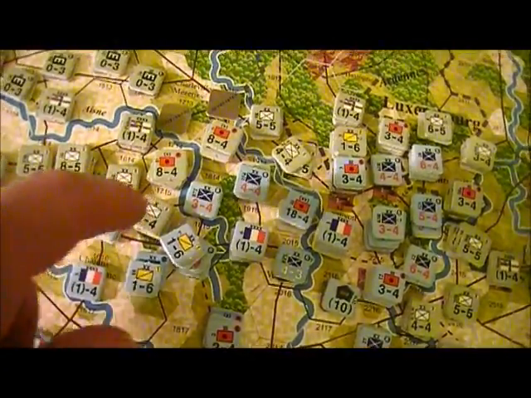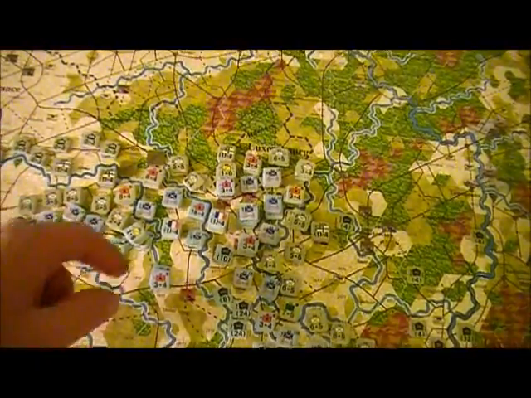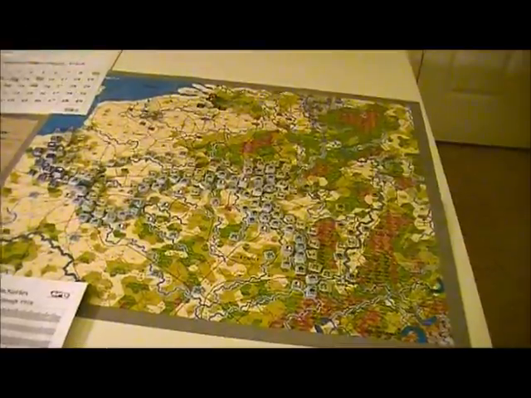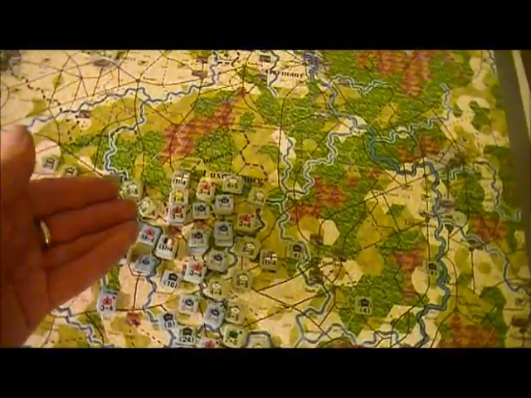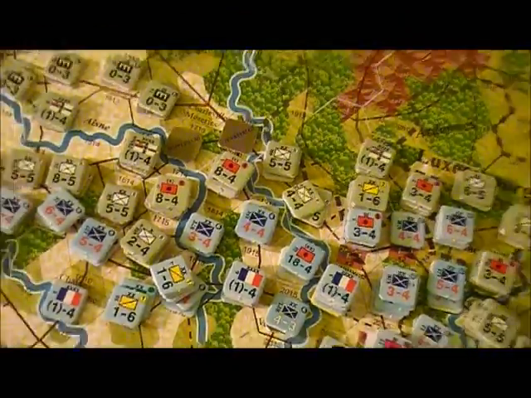I have this little incursion this far. I'm questioning whether to keep that hex, but it's got decent terrain. It's got some wood terrain. If the French are going to attack, they're probably going to have to go through that. So it's kind of appealing, even though it extends my line. And it makes possible really closing the line by taking those territories. But